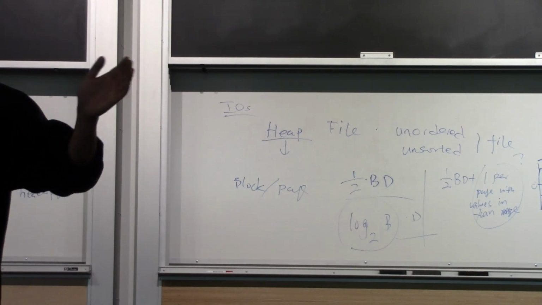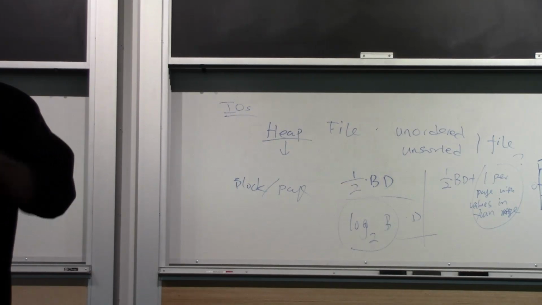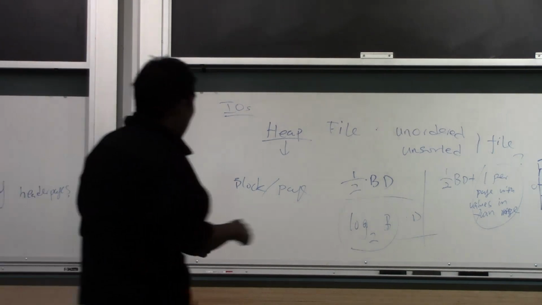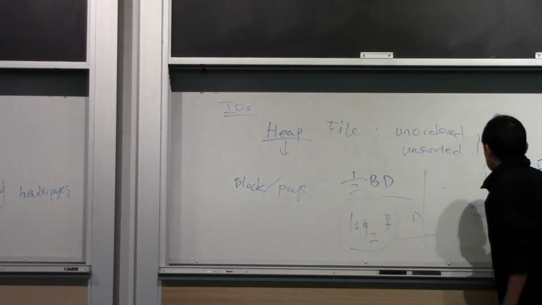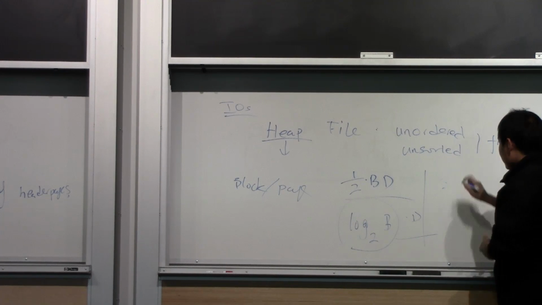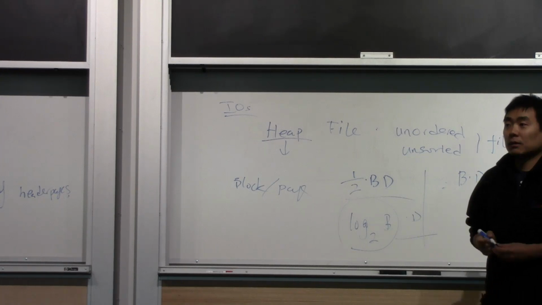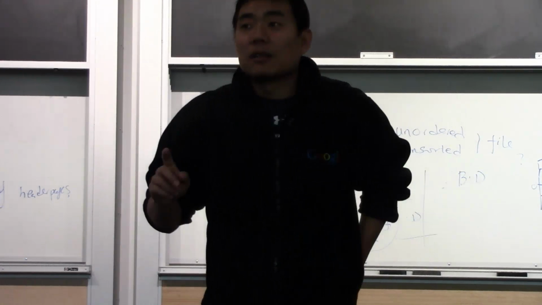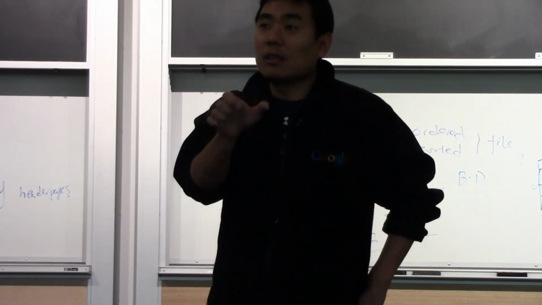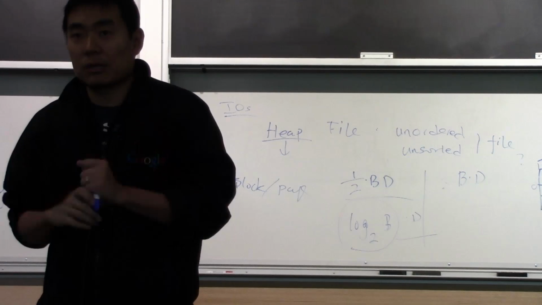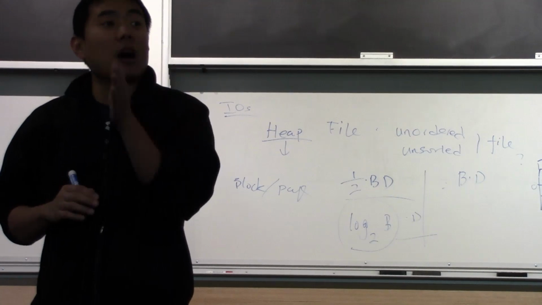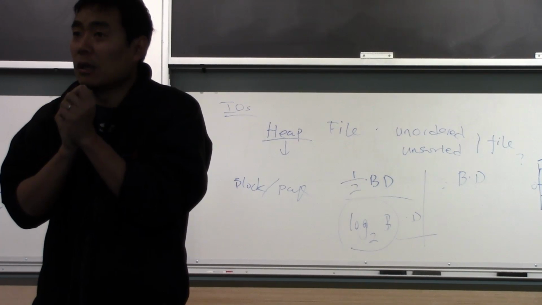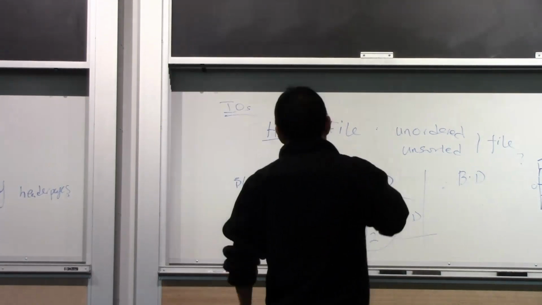When you have scanned through all the pages, the best case, worst case, average case, no matter which case you talk about, is always B, unless somehow magically you know the number of records in this range, then you can stop as soon as you have found those many records. In fact, let's come back and visit this value here.